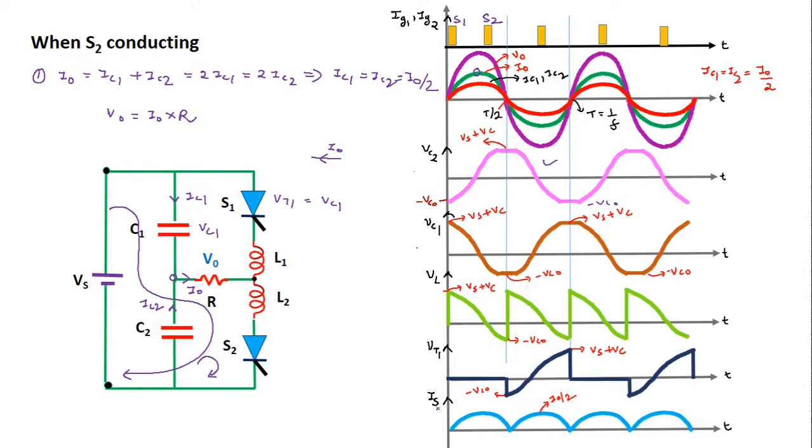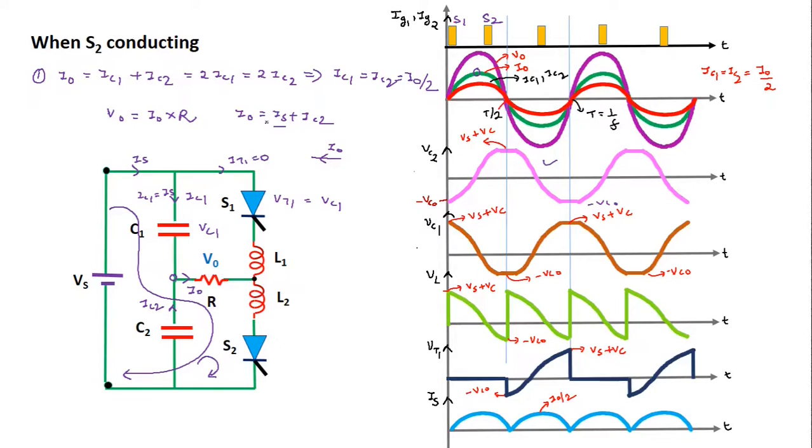Now we talk about the source current waveform. When this S2 SCR goes into the on condition, this S1 SCR will go into the off condition. Therefore the current through this S1 SCR, IT1, will be equal to 0. So the whole of the source current will flow through this C1 capacitor. That means IC1 will be equal to the source current here. So when we apply KCL at this node, we get load current is equal to source current plus IC2 current. This source current is equal to IC1 current only.